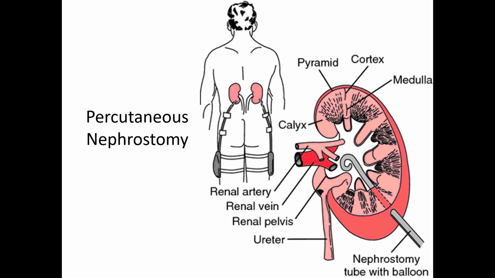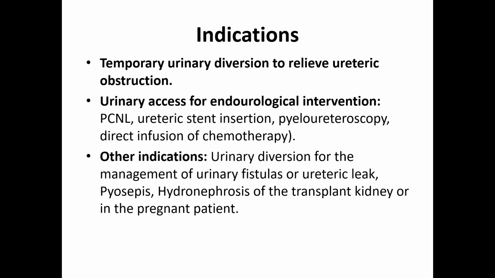You can do a nephrostomy tube and you puncture into the lower pole calyces, the targeted calyces, and then you do the procedure. The indications are, temporarily, to do nephrostomy to divert urine due to a distal